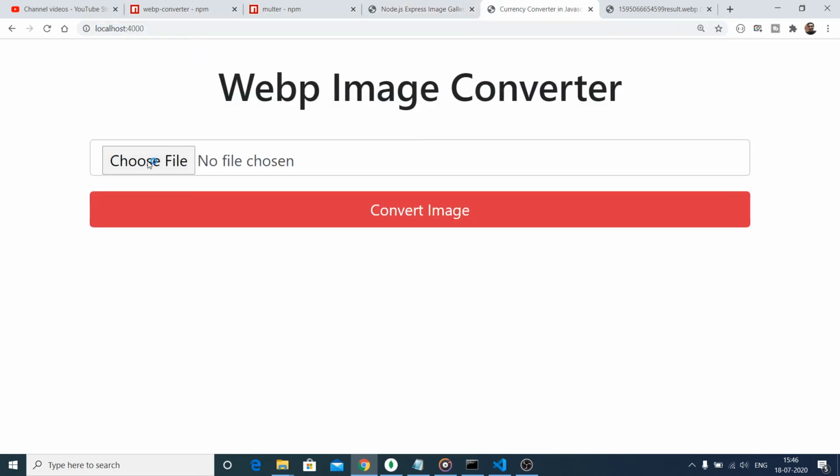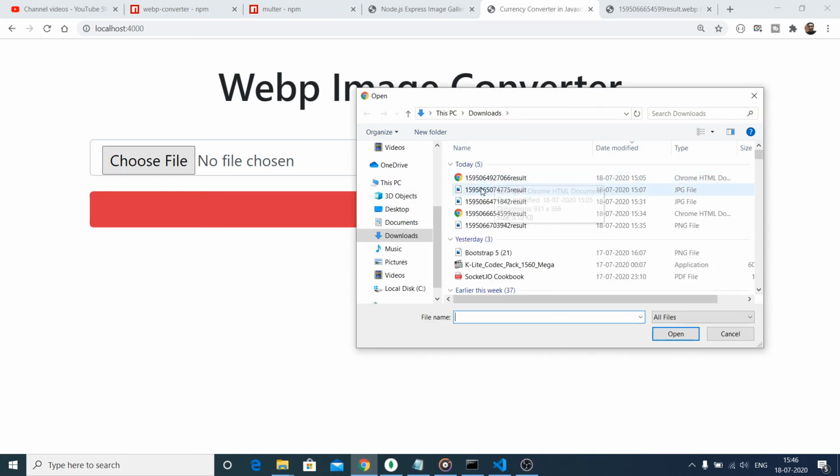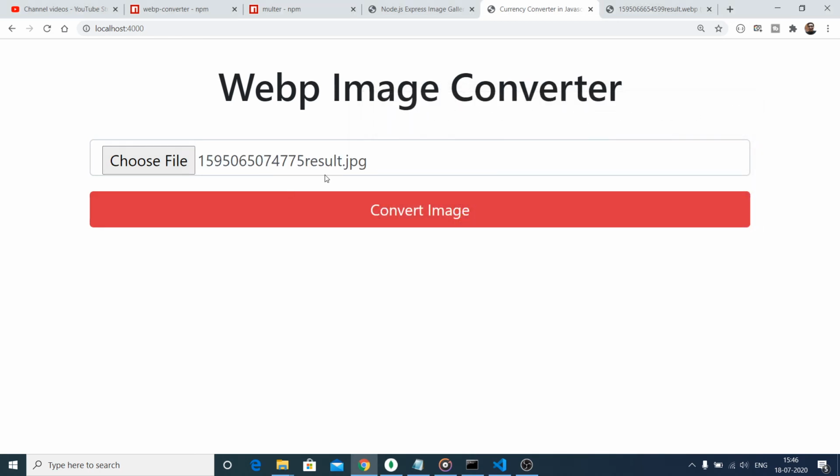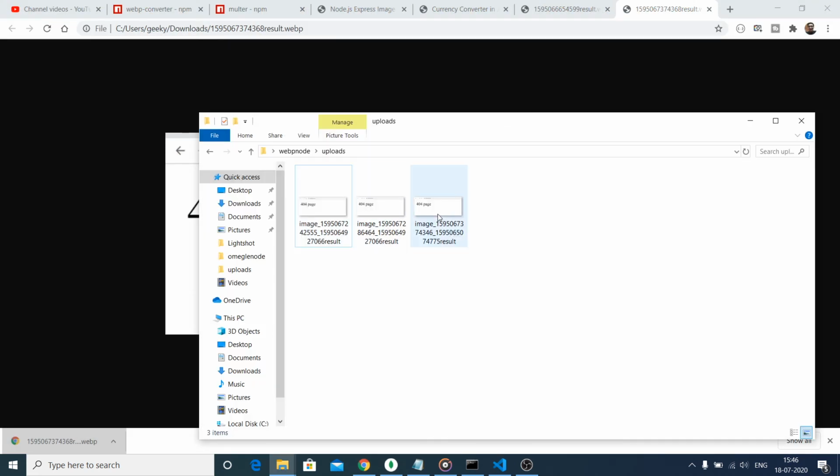If I refresh here, if I choose this file here, let's suppose this file, in this case I need to choose either PNG or JPG. I am choosing a JPG file. Convert this image. You can see that it has successfully converted it, and now this is the image which is opened here. It has also uploaded inside this uploads directory,